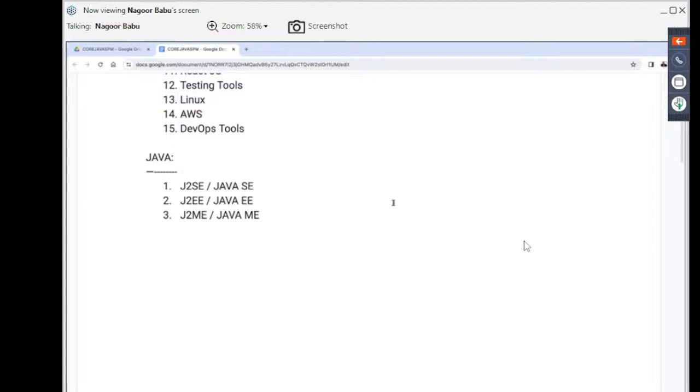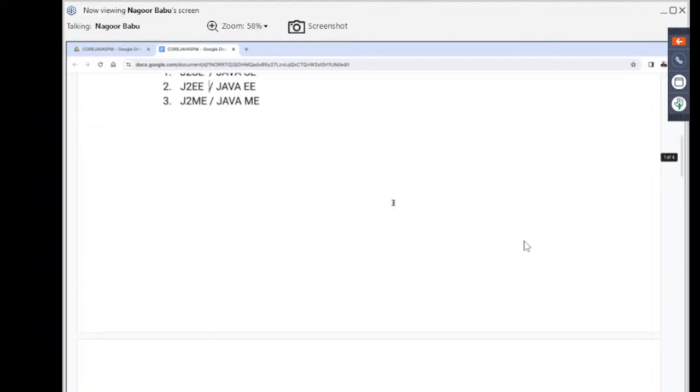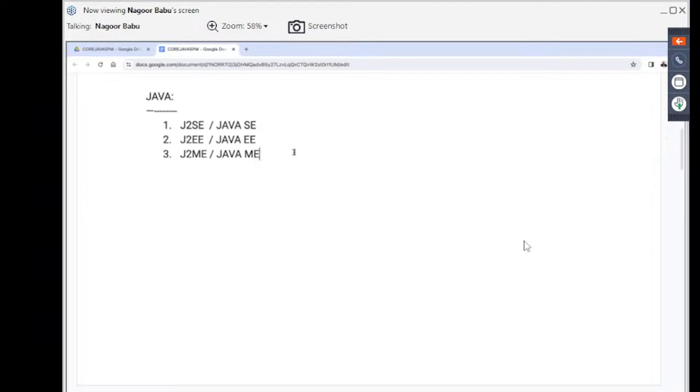Overall, there are 3 parts available in Java. First one is J2SE or Java SE. The second one is J2EE. And the next one is J2ME or Java ME. Sir, are all of you getting it or not? Overall, 3 parts are available inside Java. Clear? Are all of you getting clarity on this? Fine. Let us understand